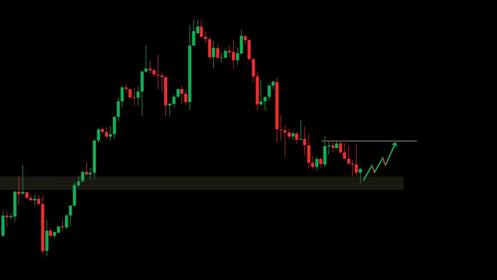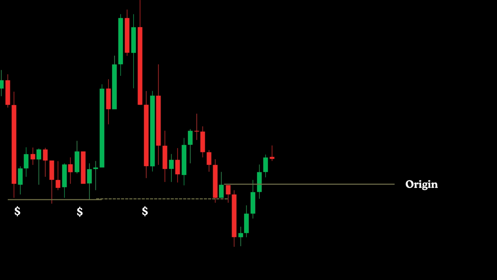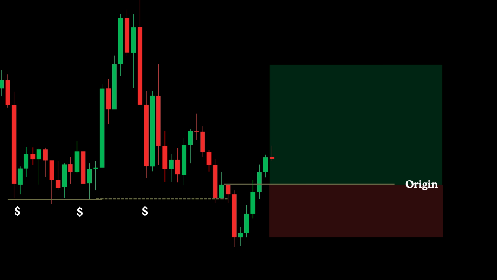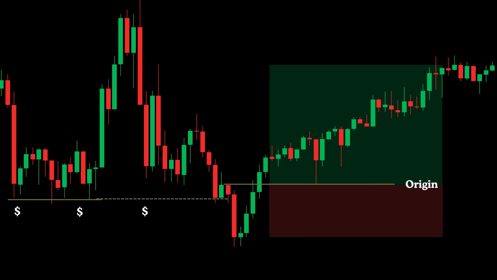Returning to the 15-minute chart, our trading plan allows us to set a buy limit slightly above the origin point, aiming for a 1-to-2 risk-to-reward ratio. The stop loss will be positioned here to protect against unexpected market swings. This approach enables us to combine the CISD pattern with multi-time frame analysis and other price action strategies to enter